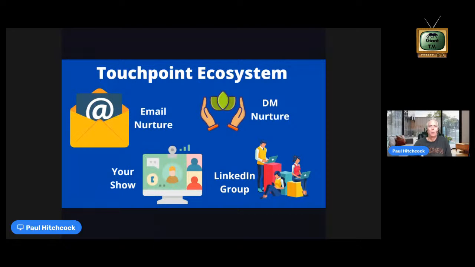You got to nurture people and continue to build trust and pull them in. And so this involves email. Email nurture is great. This is part of your touch point ecosystem, where you're gathering emails, you're nurturing along the way in very strategic ways. You've got, I call it DM nurture, direct message nurture, where the way we run it is we have a process for your first level connections to nurture them in automated and scaled ways, where you're delivering value to people you connect with on LinkedIn.